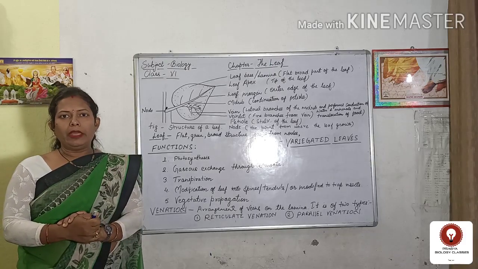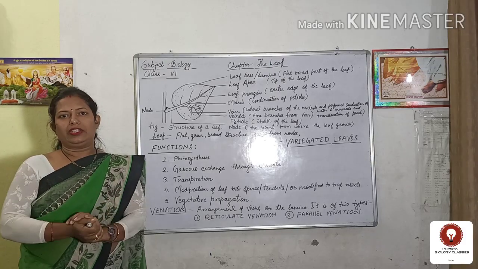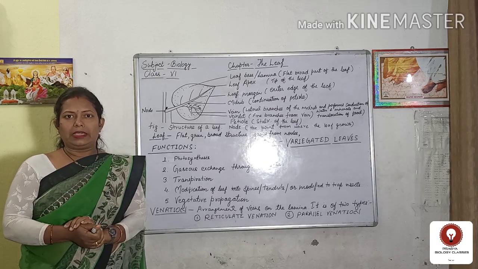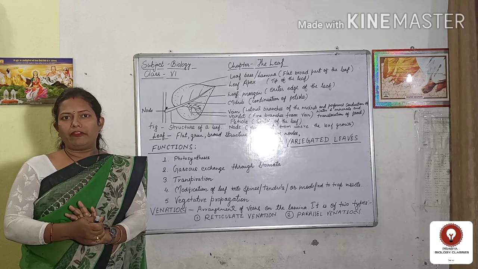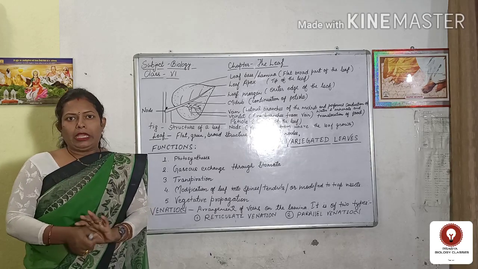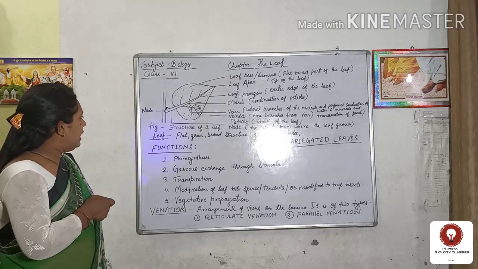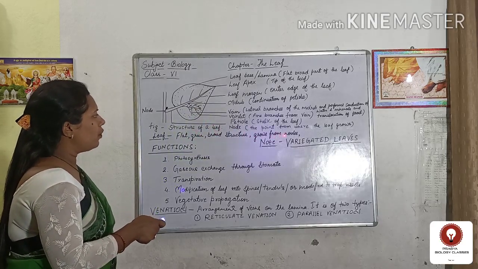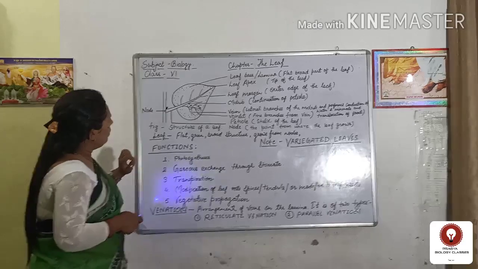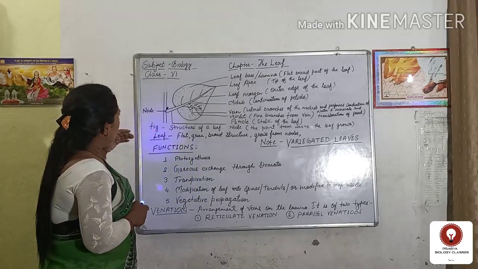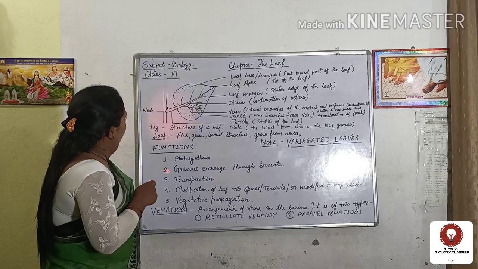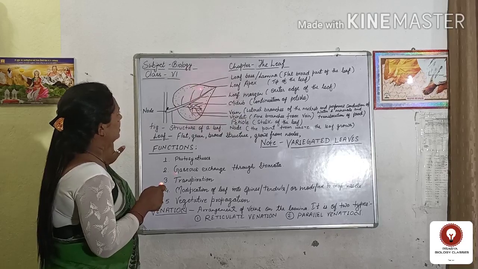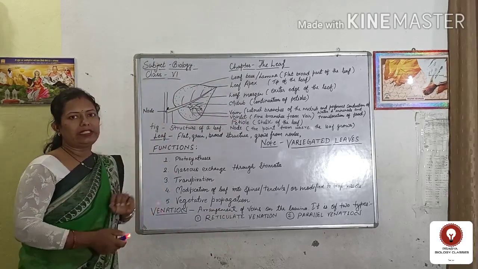In the shoot system, leaf is a green broad structure that originates from the node part of the stem. I think you are all familiar with this structure. Leaf can be defined as a flat, green, broad structure that grows from the node. This is the point from where the leaf originates or grows. The main function of the leaf is photosynthesis. I have drawn this diagram here.